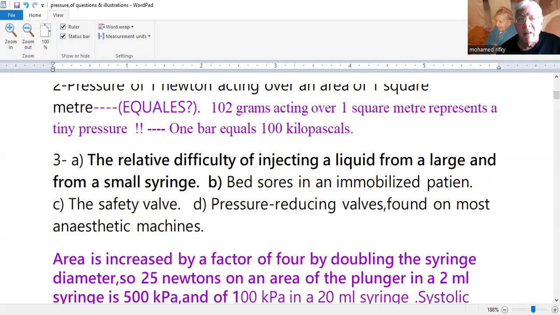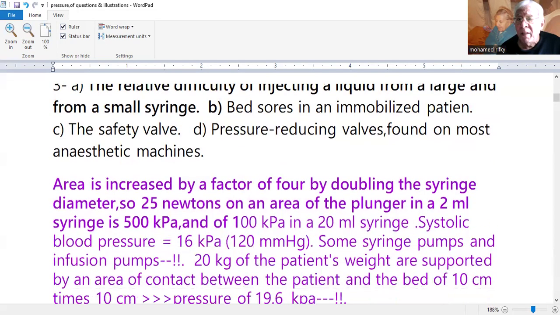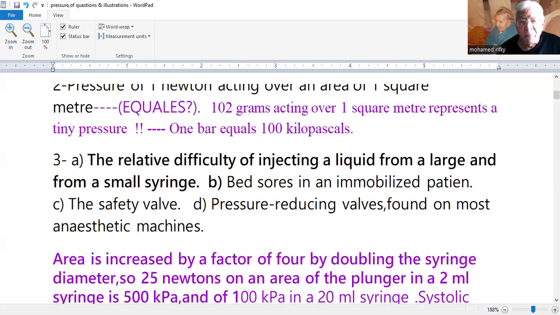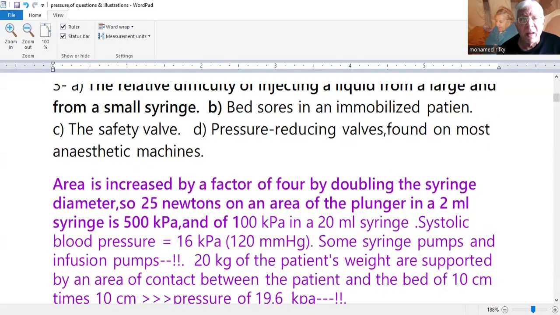First of all, the difficulty to inject from a syringe of 20 centimeters and that of 2 centimeters, and we'll tell the answer now, as you will be seeing later on. The second thing is the bed sores, and how a bed sore can cause ischemia and sloughing. And of course, the most important point is the pressure reducing valve or regulators, which are present on most of the anesthetic